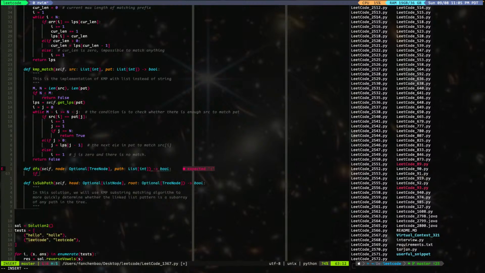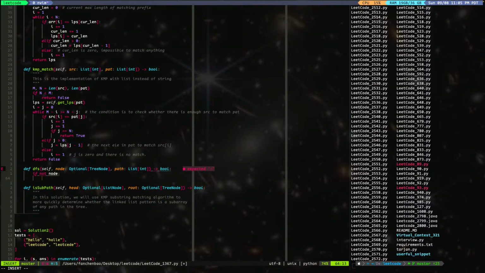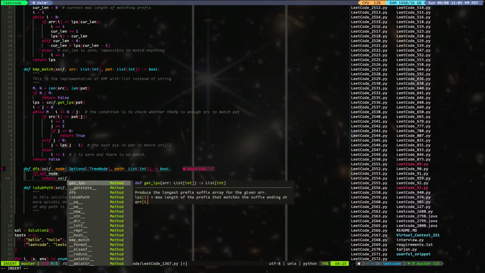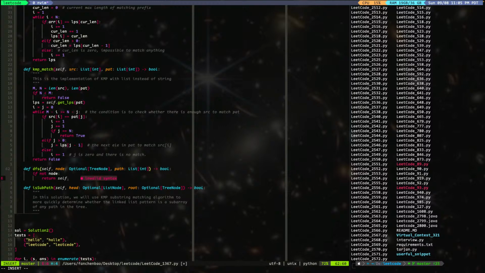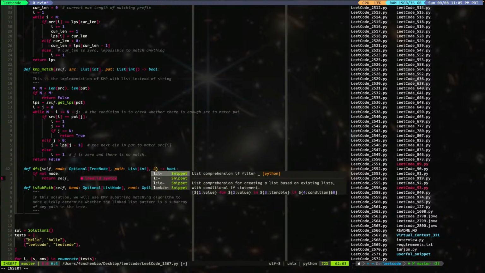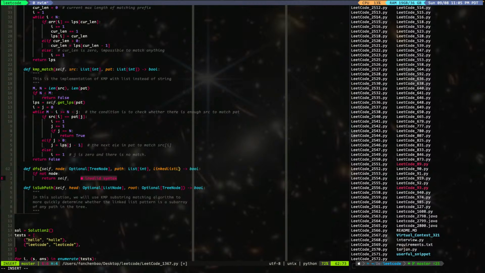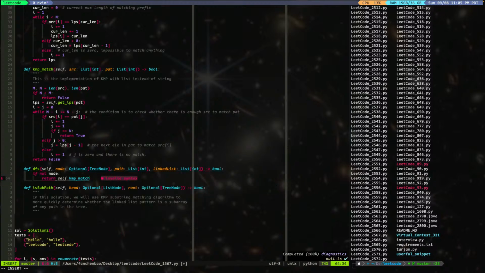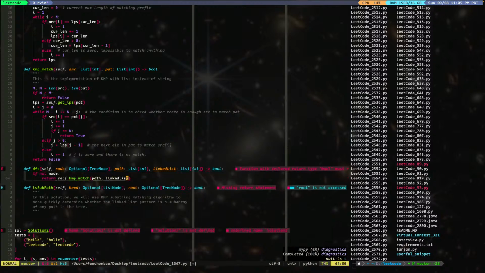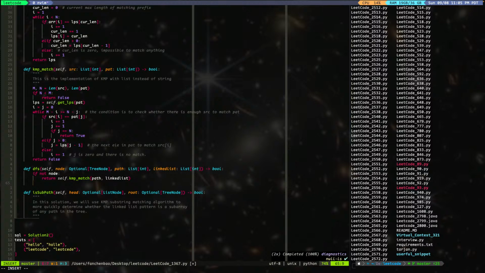If not node, right? Then return self.kmp match path and linked list. Okay, so self.kmp match path and linked list. Okay. Otherwise we say if